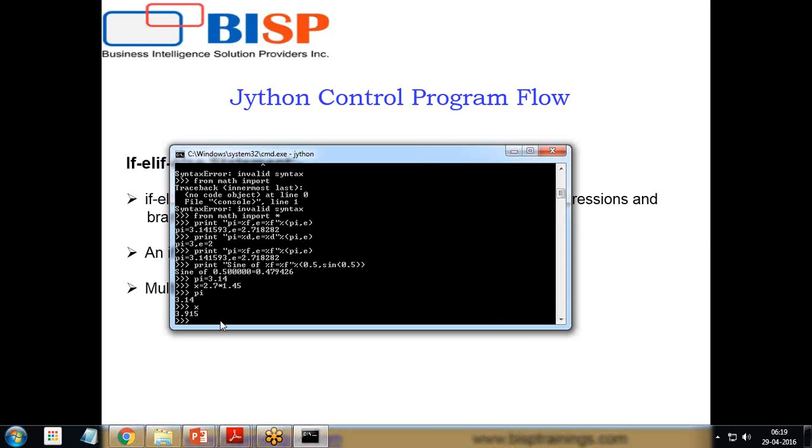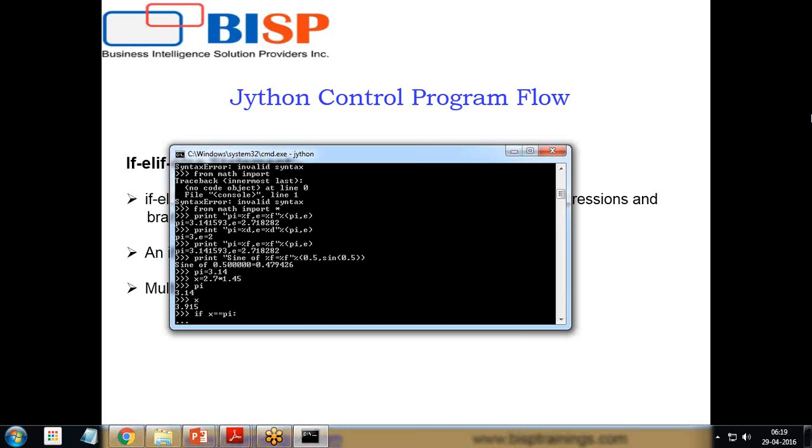And now I want to validate it. I want to check whether they are the same or not. So I simply pass a command here. We can use the control flow program. So I pass if x equal pi, colon, make sure to press the spacebar once, print both are same,